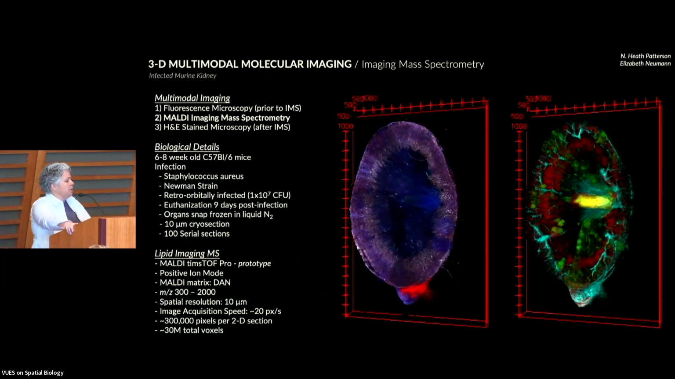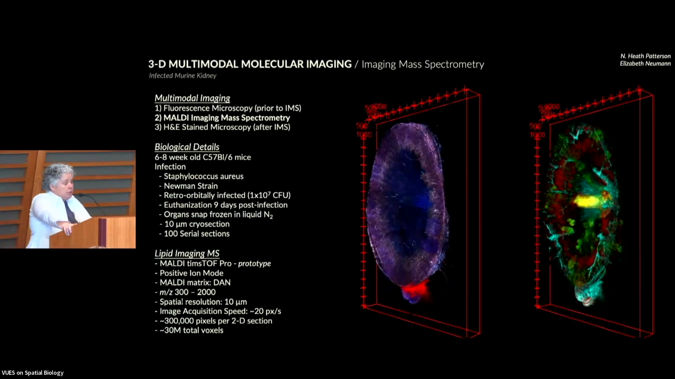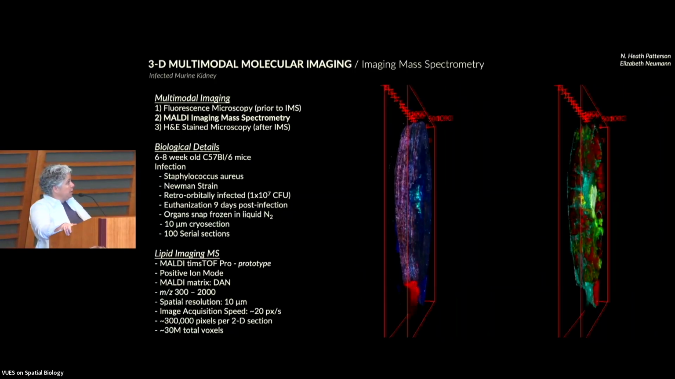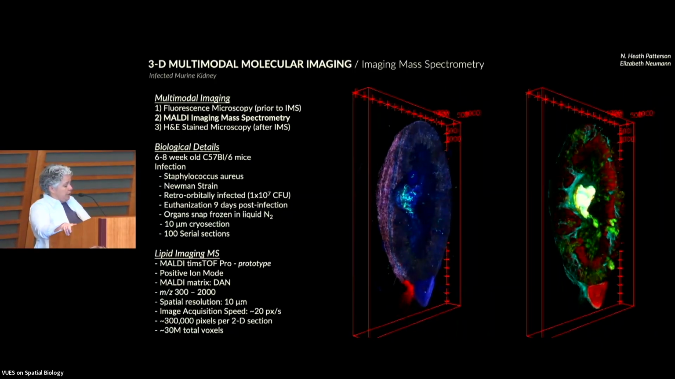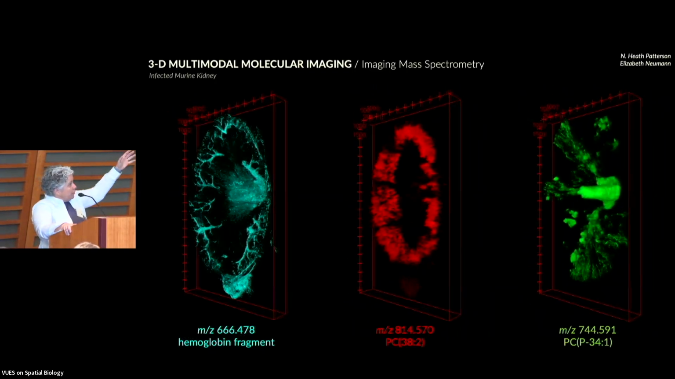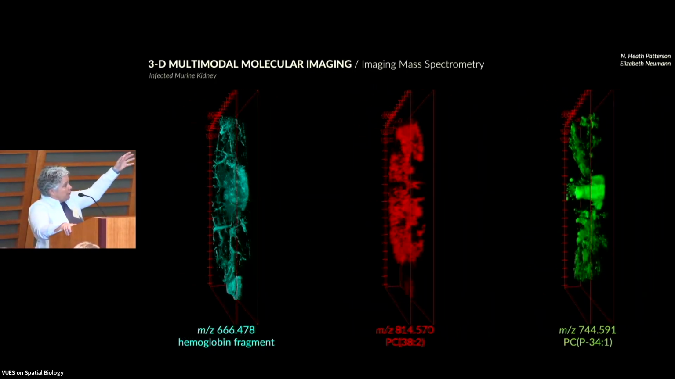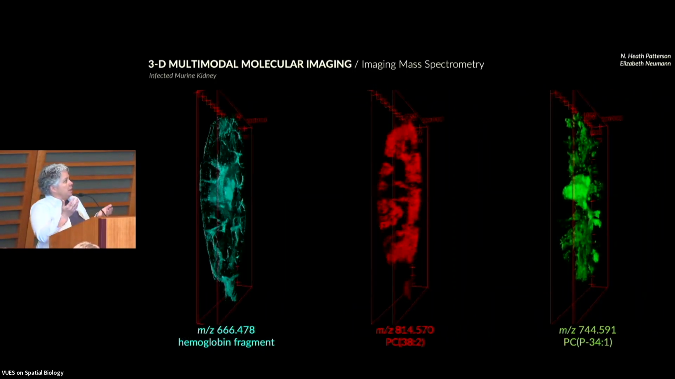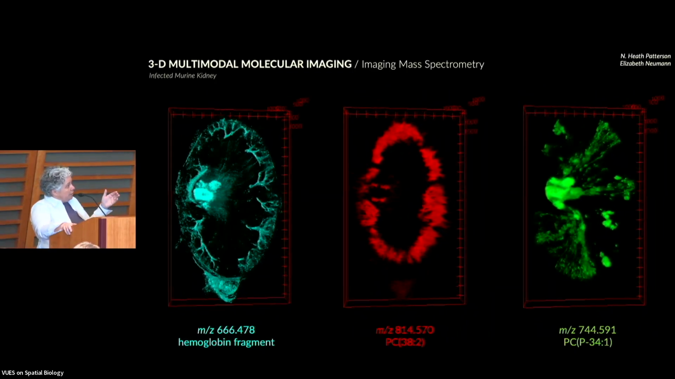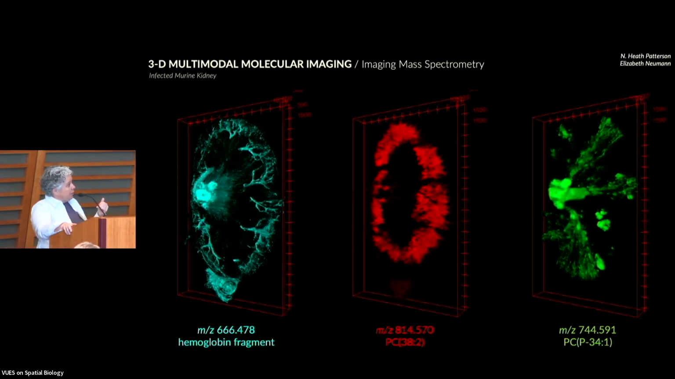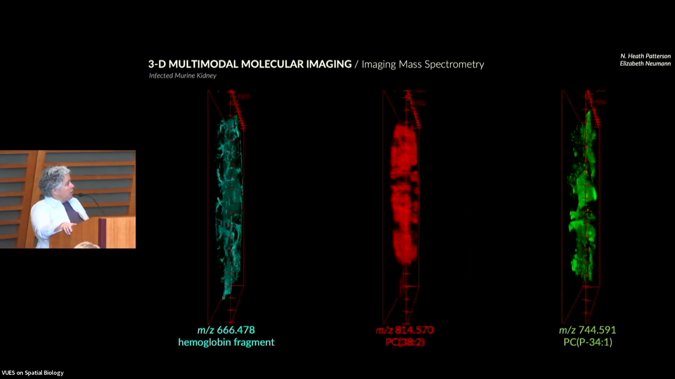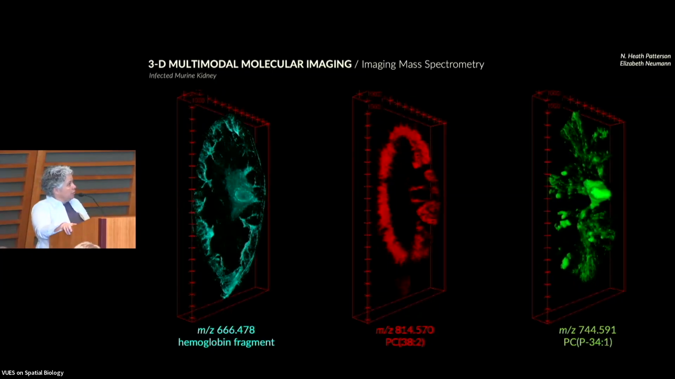We can also use this to assay disease tissues. So this is a staph-infected murine kidney. This is 100 serial sections that were collected and then co-registered and 3D volumes rendered. What's really interesting is not only can we identify certain cell type markers such as hemoglobin fragment, but we can start to see differences in the lipids and the way that they are enriched in either the healthy tissue that's surrounding the area, such as this phosphatidylcholine 38:2,